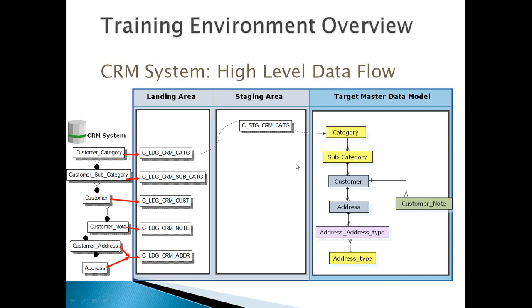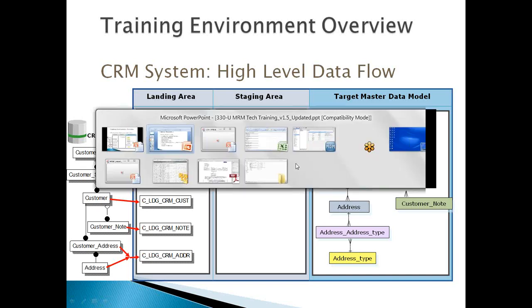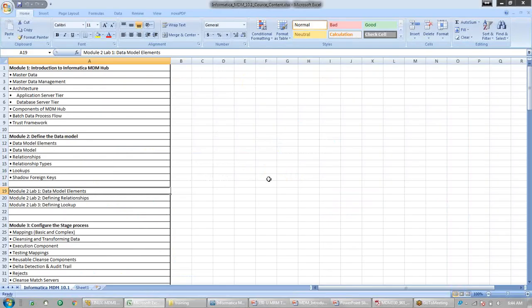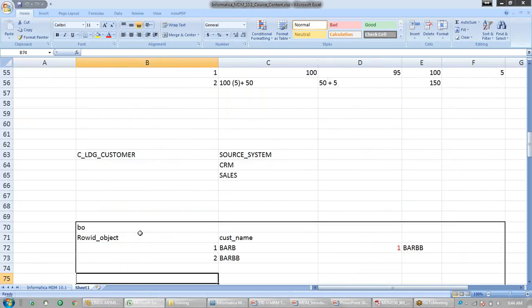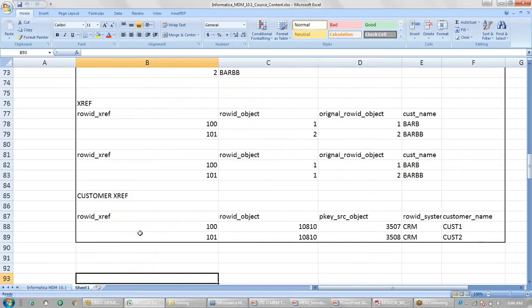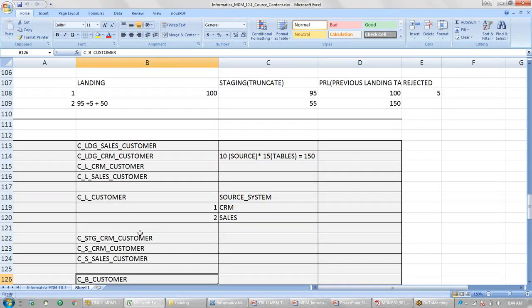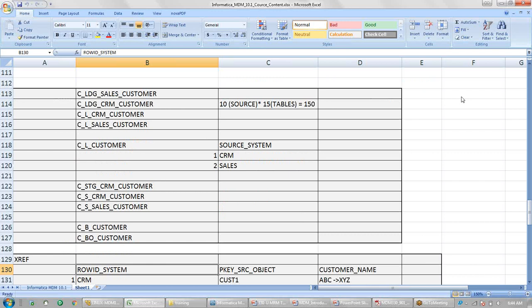Okay, so one minute, let me open this Excel sheet where I can explain the same thing. Okay, so here we have this Excel sheet where I have mentioned the landing tables.